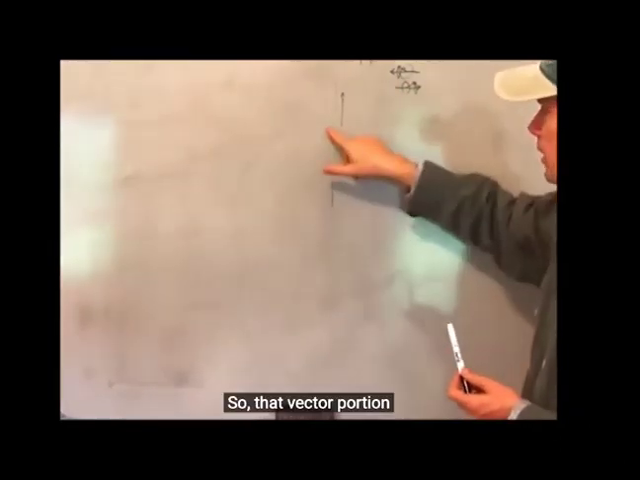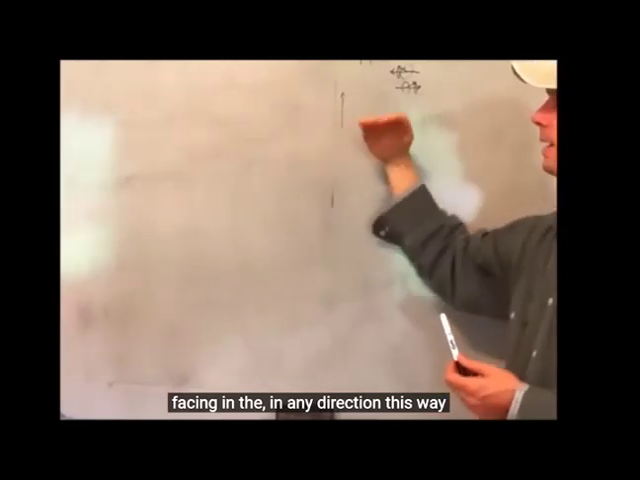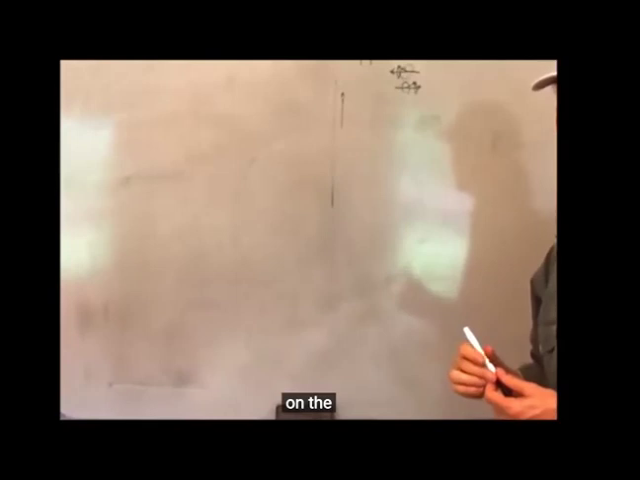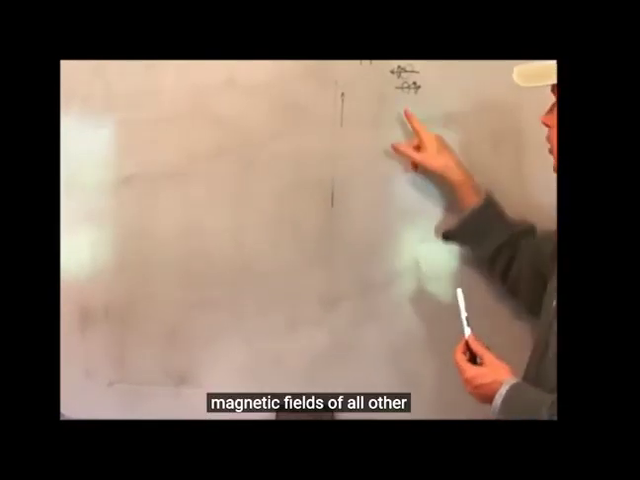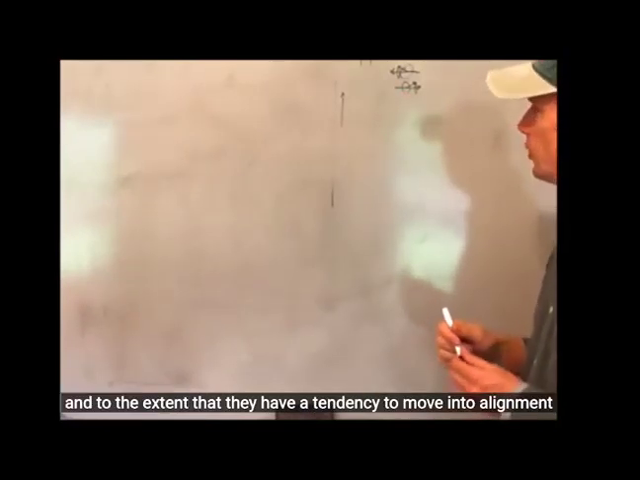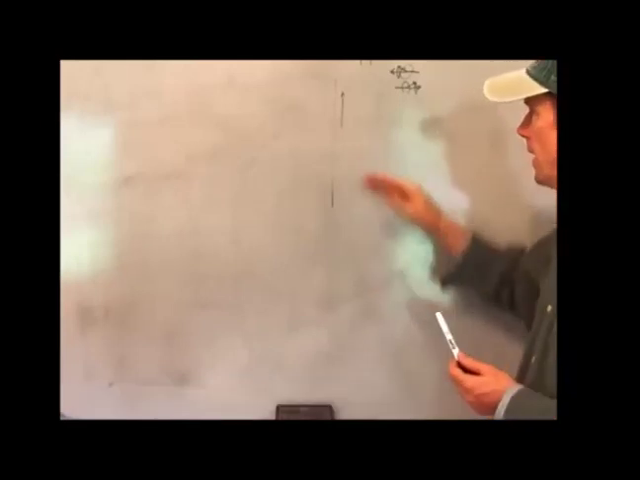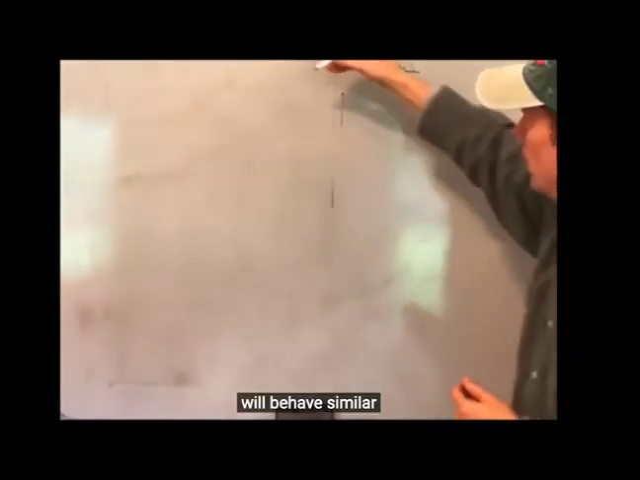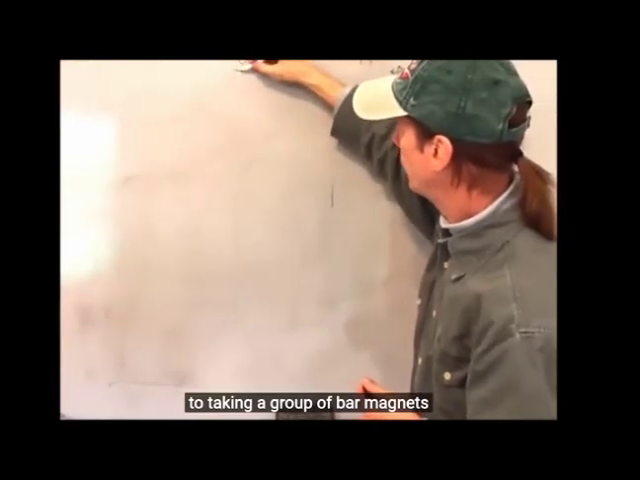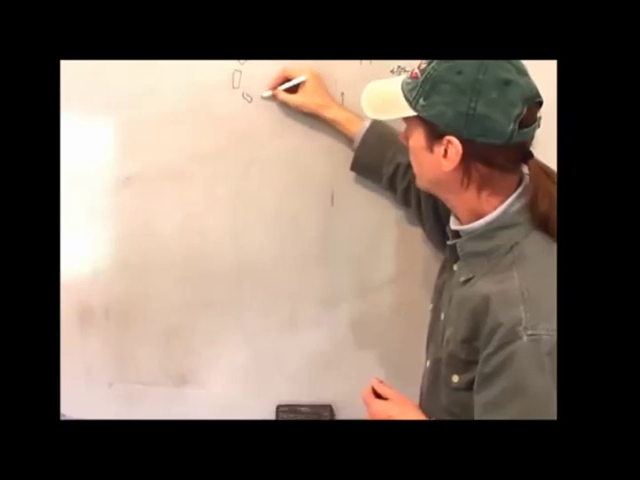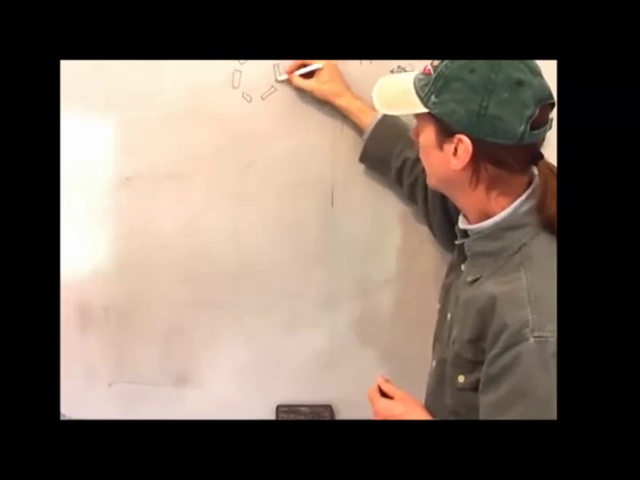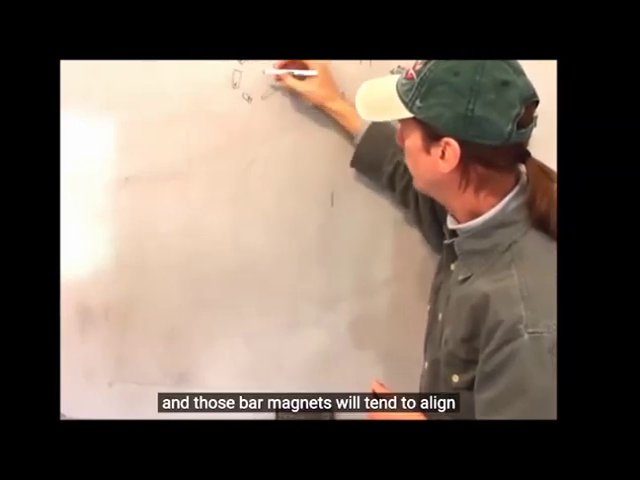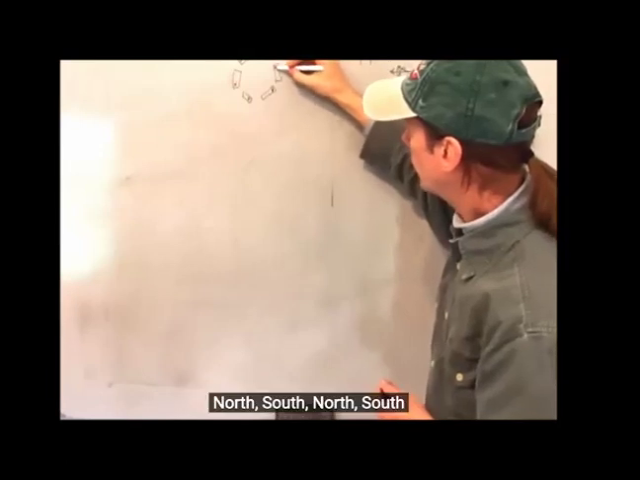So that vector portion facing in any direction this way is going to radiate alternating magnetic fields that will push on and pull on the magnetic fields of all other precessing pairs, and to the extent that they have a tendency to move into alignment, then that portion facing this direction anywhere within the sphere at any depth will behave similar to taking a group of bar magnets and those bar magnets will tend to align north-south, north-south,